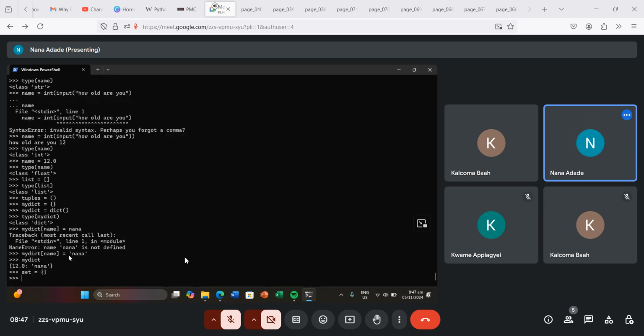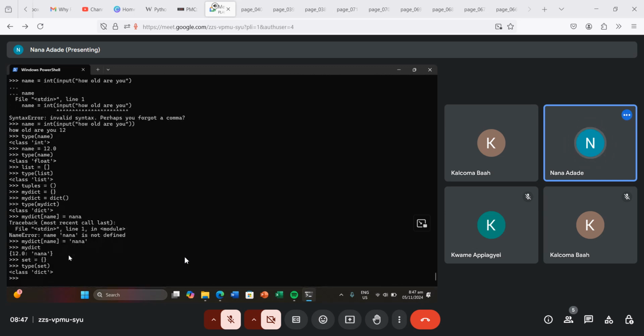If you are to test for the type here, by default Python is going to give you a dictionary. So if you want to actually create a set, the only way Python is going to recognize it as a set is by how it's structured inside. So for example, with this set,